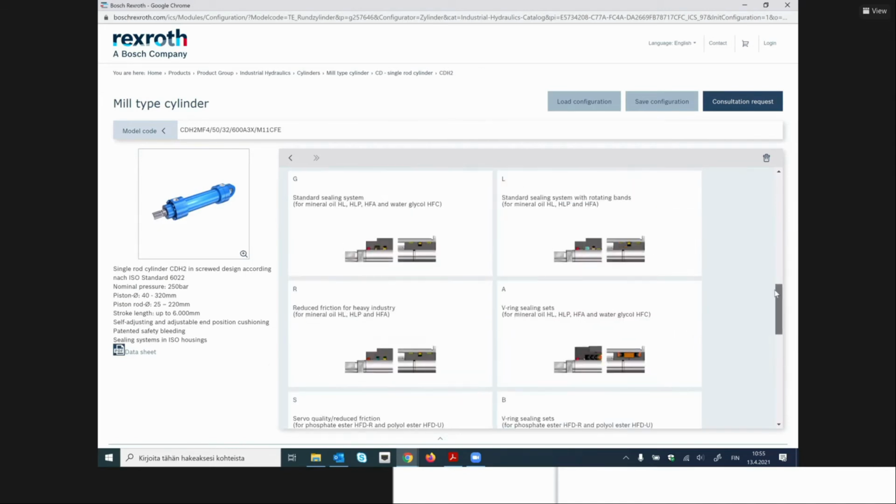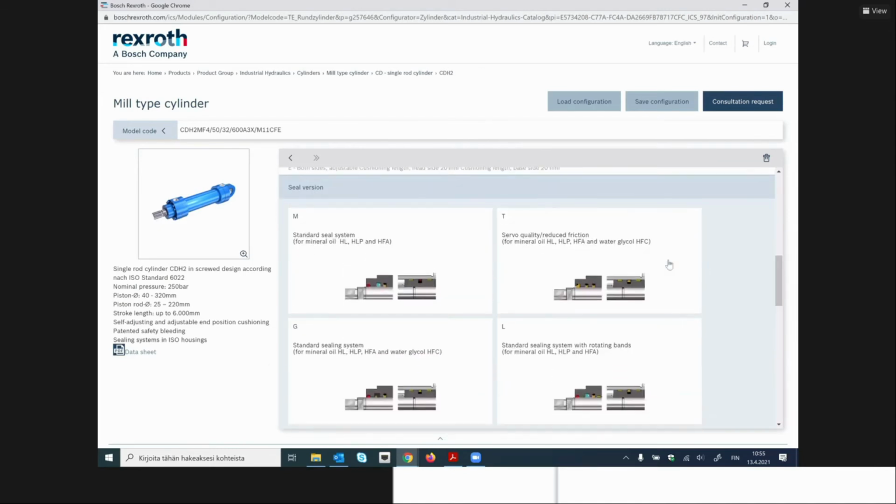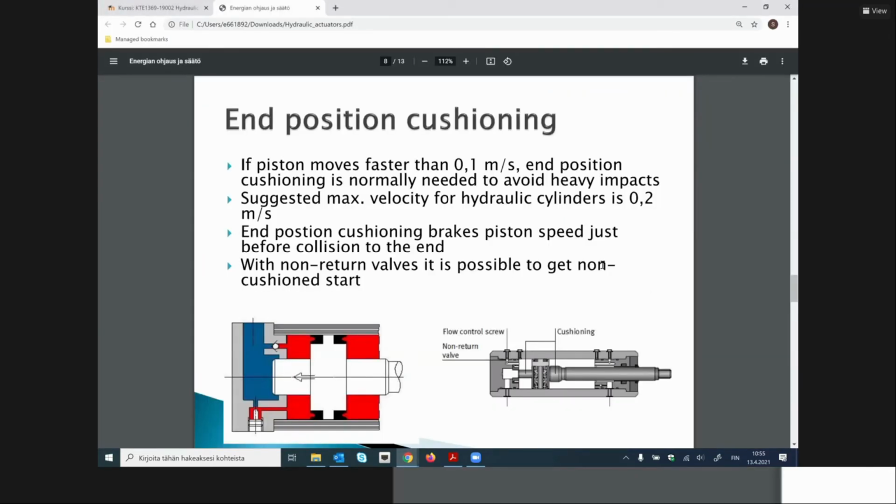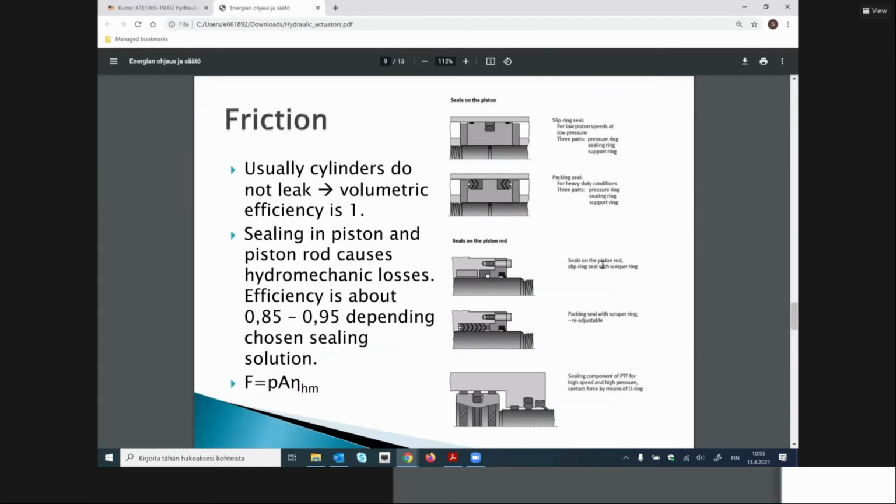Then the next option here is sealing. In a hydraulic cylinder, normally there are no leakages at all, which means that the volumetric efficiency is 100%. But because of friction, the hydromechanical efficiency is not 100%, but something between 85 and 95%. And what has an effect on this friction is